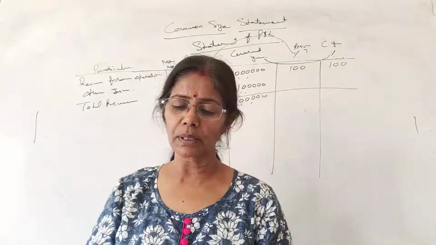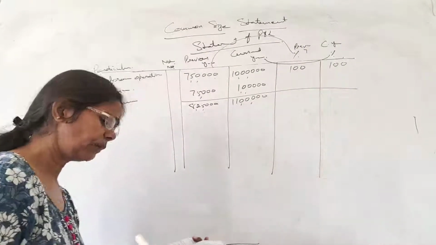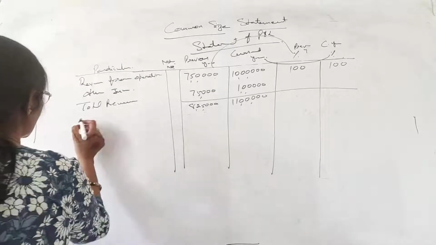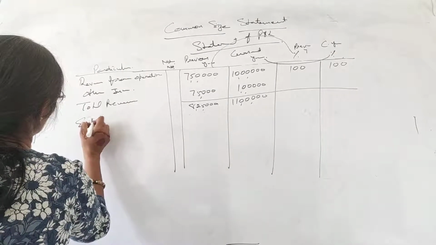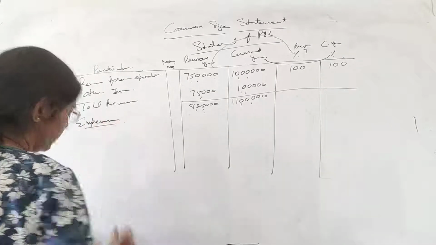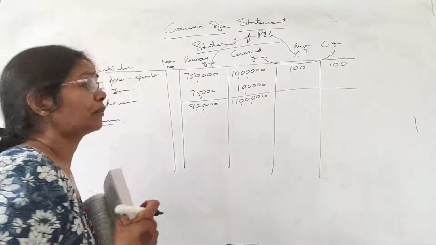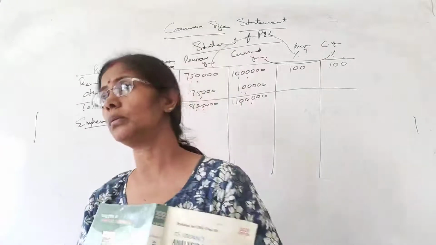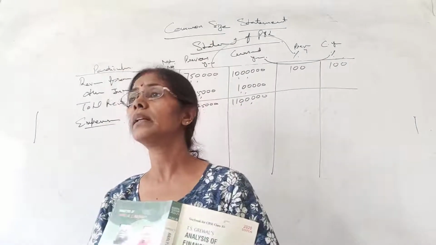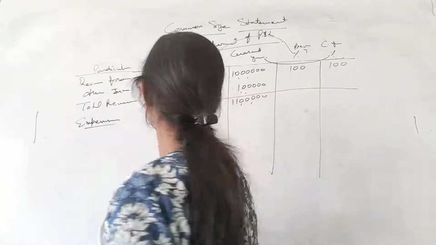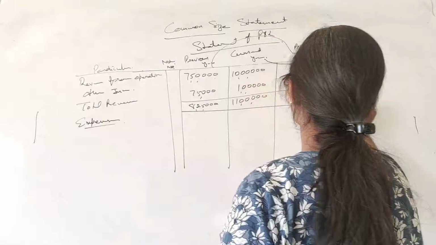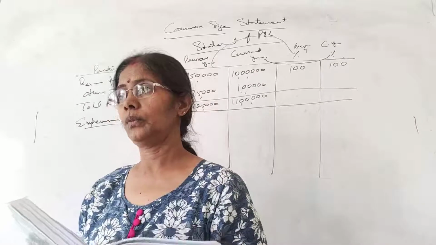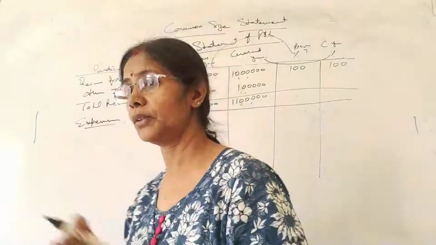So purchase of stock in trade they have given, but they didn't mention the name. What is this? So we should be knowing ourselves that this is the place of expenses. One more point I have told you. When we complete the income side, what to do? Yes, we have to draw the line. So don't forget to draw the line. It's always beneficial, okay? First, let us solve this, so this will be easy for you.